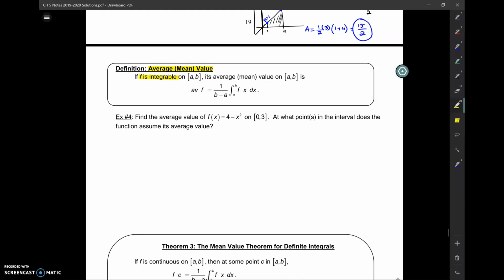Remember before it was always if f is differentiable. Well, now it's if f is integrable. If you can take an integral on a to b, then its average value on a to b is given by this. So this is 1 over b minus